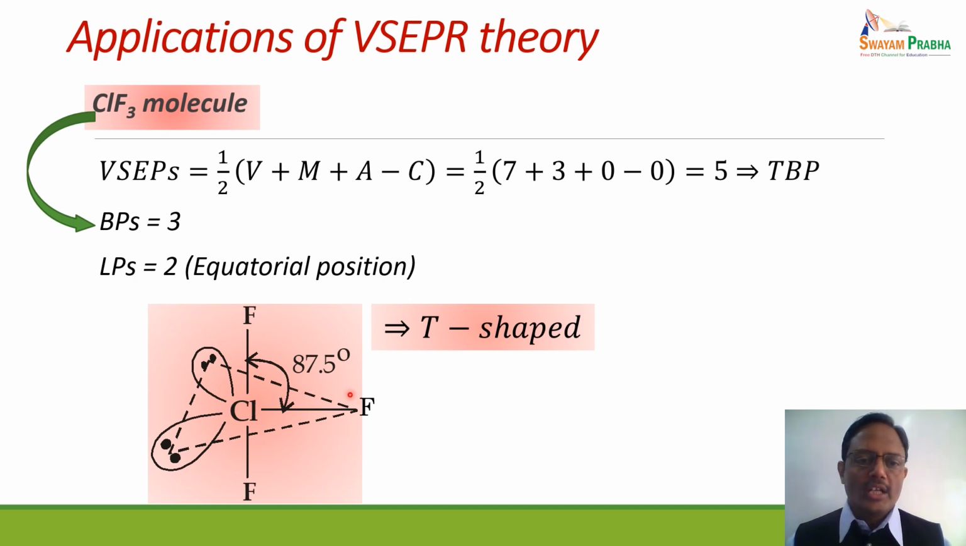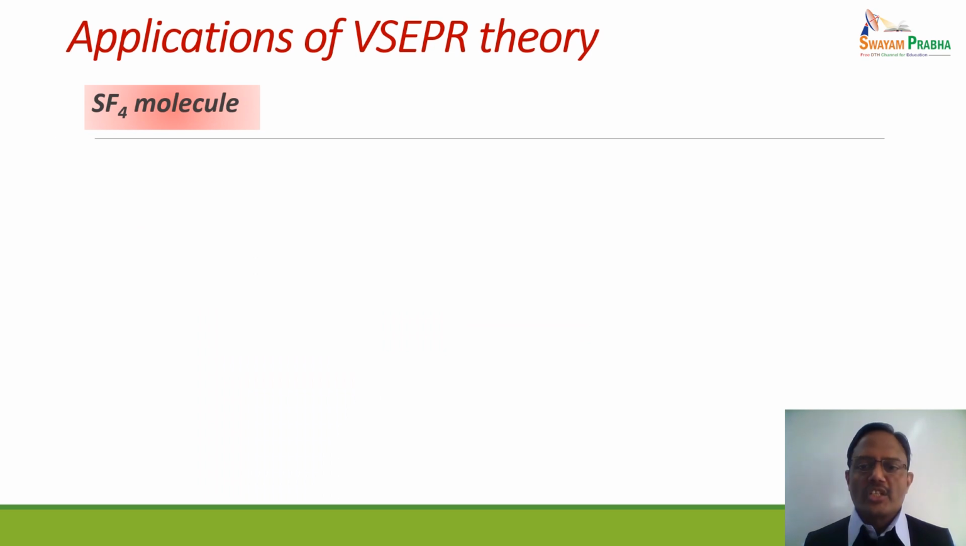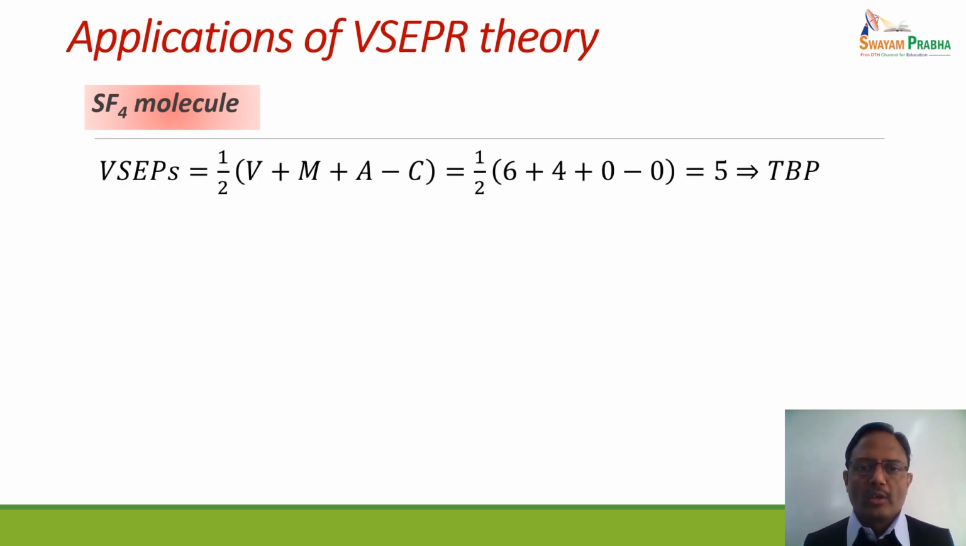So it is actually a T-shaped molecule with slightly lesser or distorted type of geometry with a lesser bond angle. Another interesting molecule is SF4. Now in the SF4 molecule, the number of valence shell electron pairs will be equal to half into the number of electrons in the valence shell of sulfur atom, which are 6, plus 4 monovalent substituents and no charges. So the number of valence shell electron pairs is coming out to be 5, indicating that the geometry should be